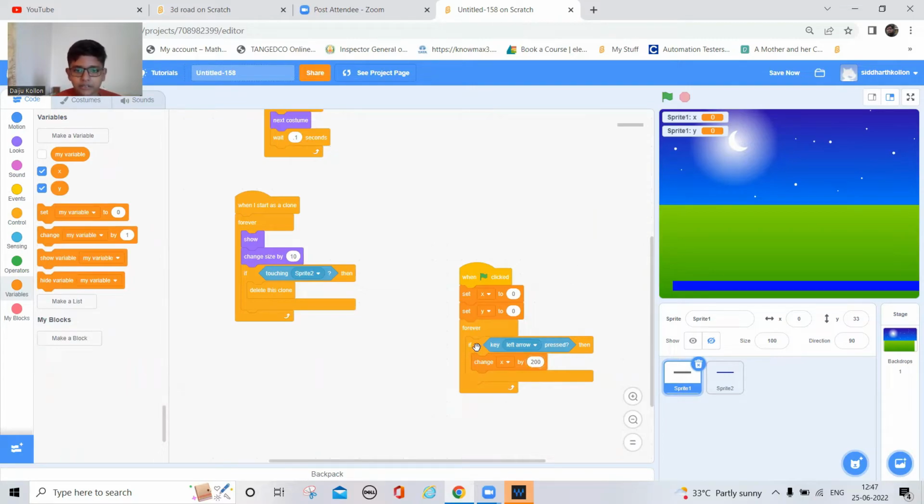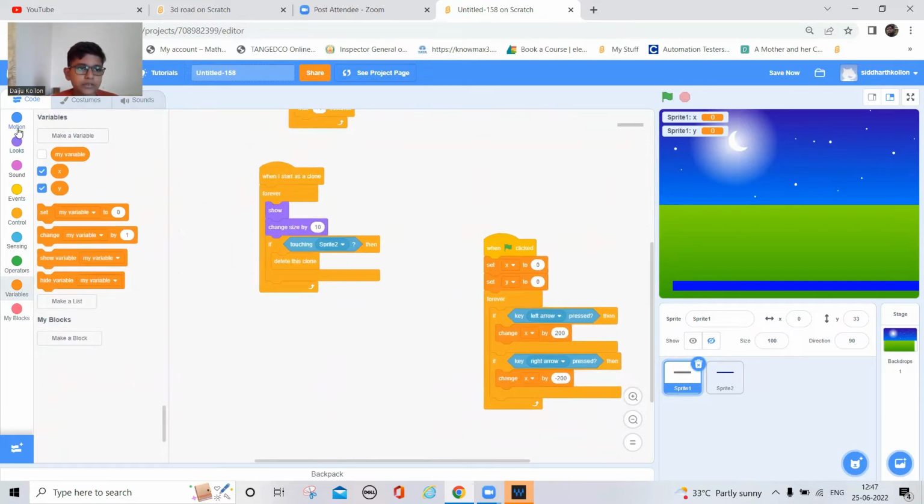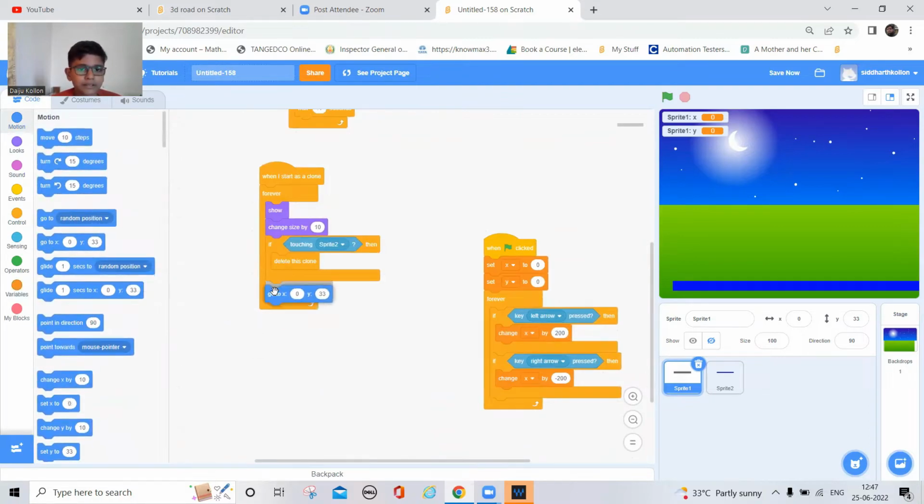So it will turn faster. And minus for the right, minus 200. Okay. So now take a go to block